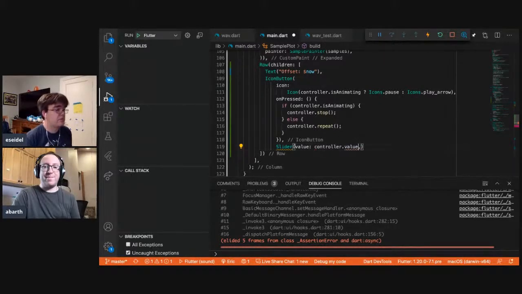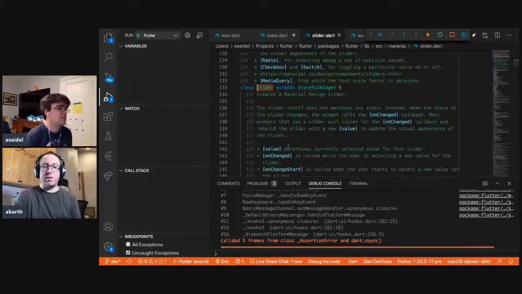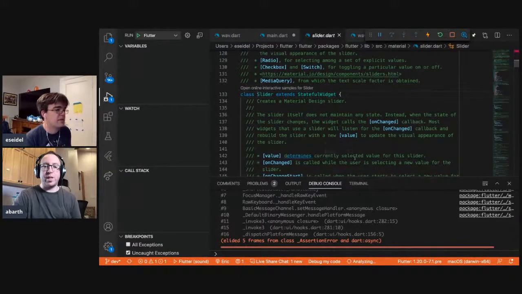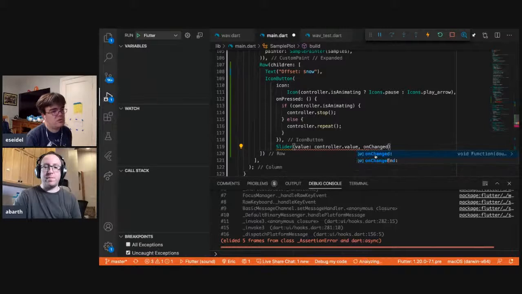Oh, not value. Yeah, so the controller is set up to go from 0 to 1, which should match up. The slider is also set up to go from 0 to 1. And it really wants you to have an onChanged callback. So that's when the user interacts with the slider. I see. So that's onChanged.